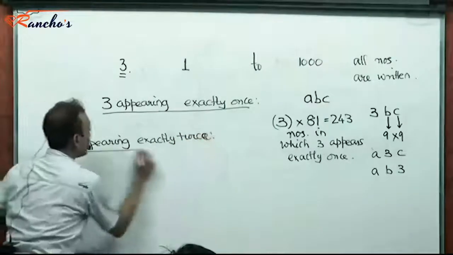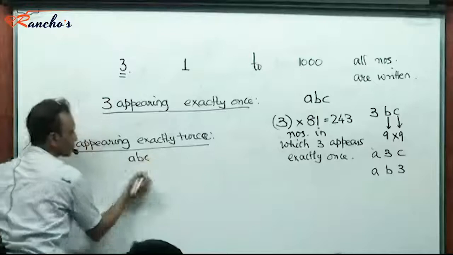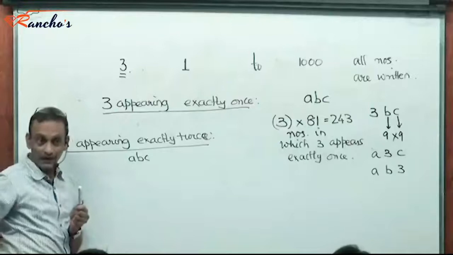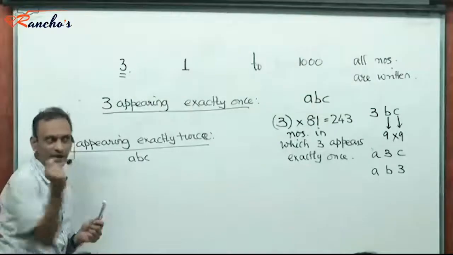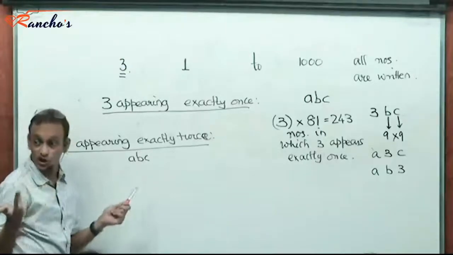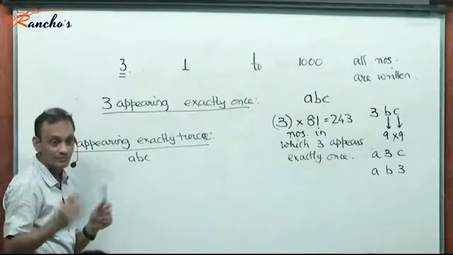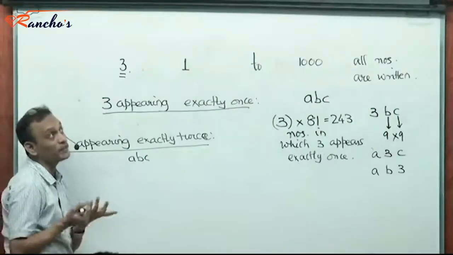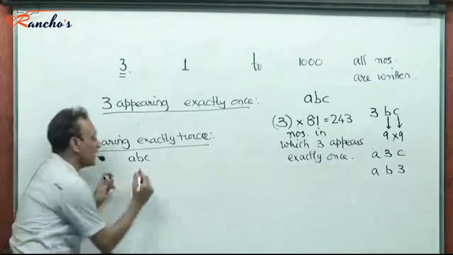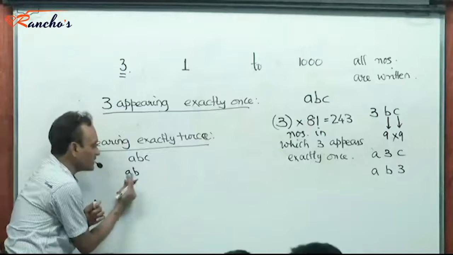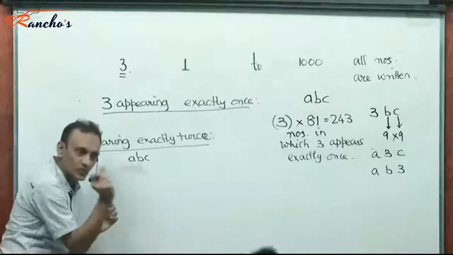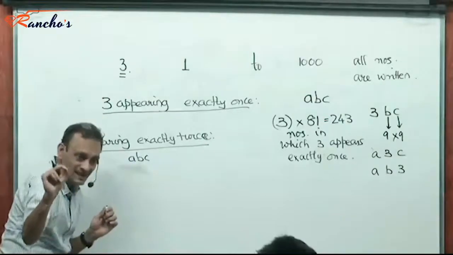Now, in this ABC, 2 places will have to be selected to plug in 3, right? 2 places will have to be selected, where I am going to just throw 3. In how many ways can I select 2 places from 3 available? 3C2 ways. I am selecting 2 places and I am going to plug in 3 there. Isn't it? So if I select A and B where I am going to plug in 3, or I select B and A where I am going to plug in 3, are they different? No. So I am just selecting 2 places where I am going to place 3.